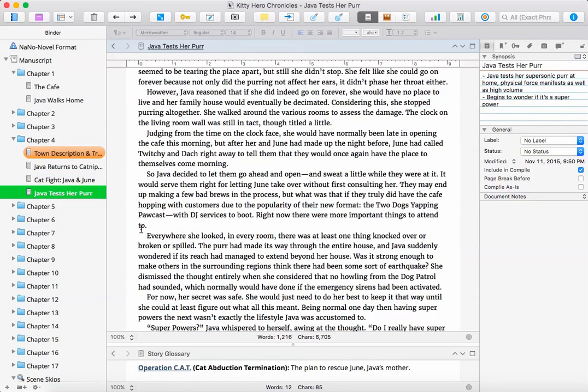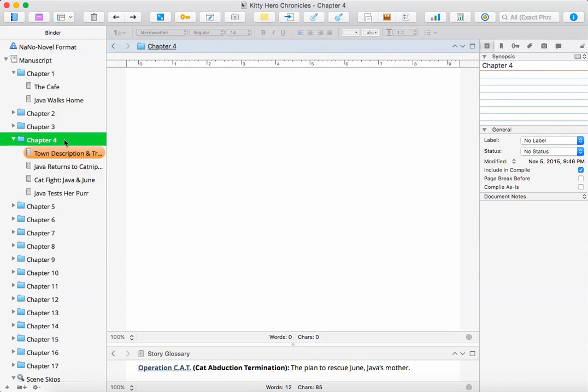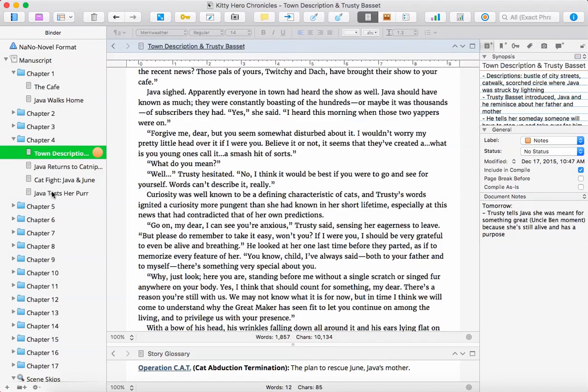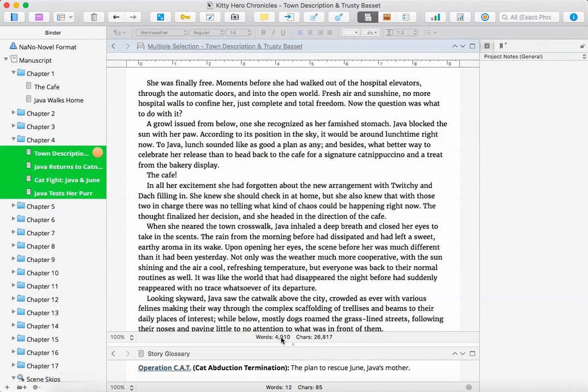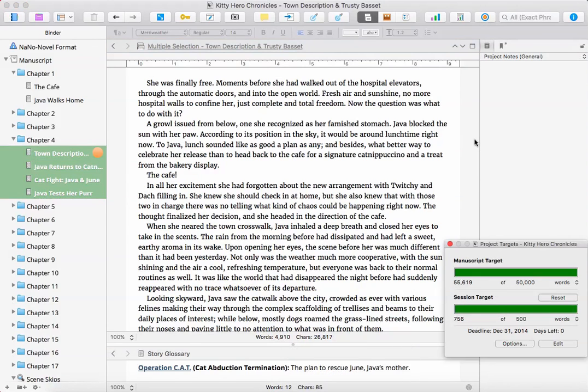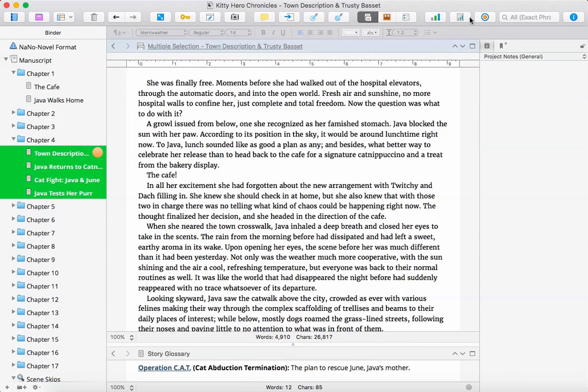This really helps you get an idea of your overall word count. I can click on Chapter 4, and it doesn't show any word count because these scenes are on their own. So I have to actually highlight them all, and it can show me what my word count is. Also, I can keep up with the project targets. I can go to the text